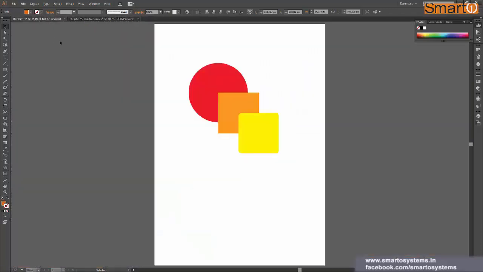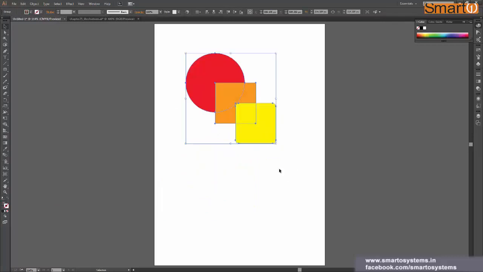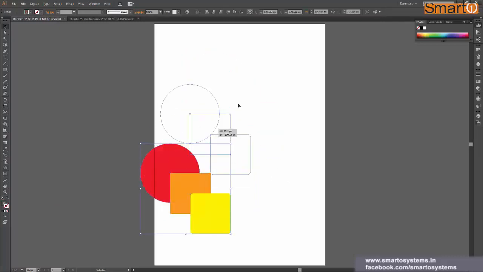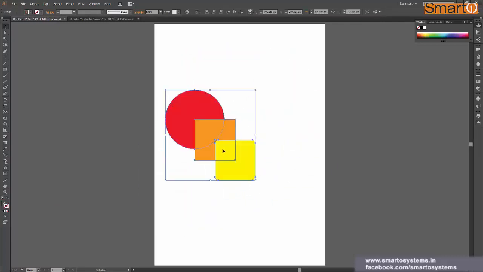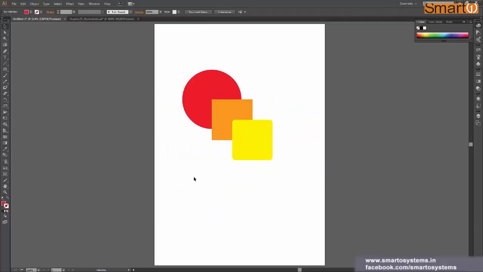So let's get back to our previous file and group these three objects together. Select these three and press Ctrl G, and there we have our objects grouped. Now I can select this whole group and move it around. Illustrator gives one extra level of control over other software: you can double click on this and go inside a group.